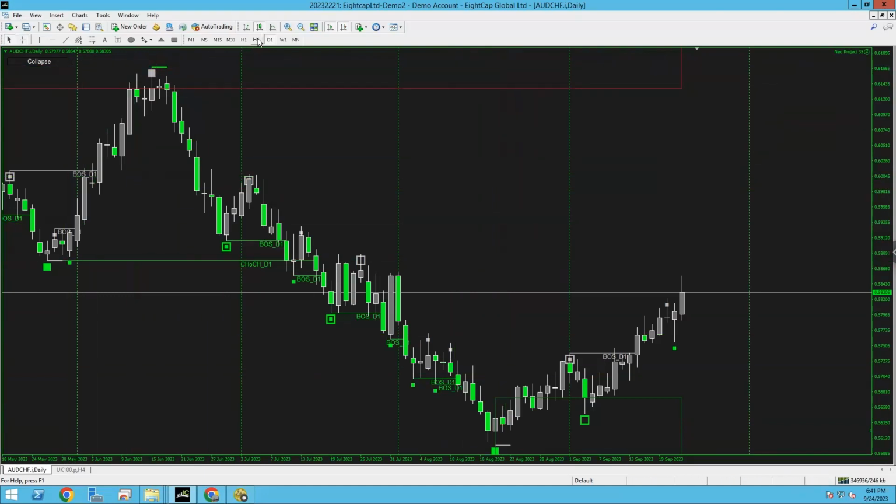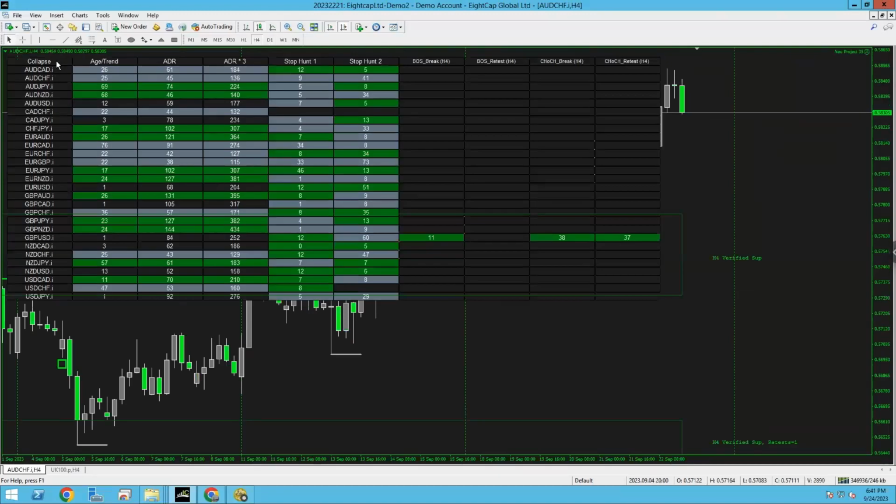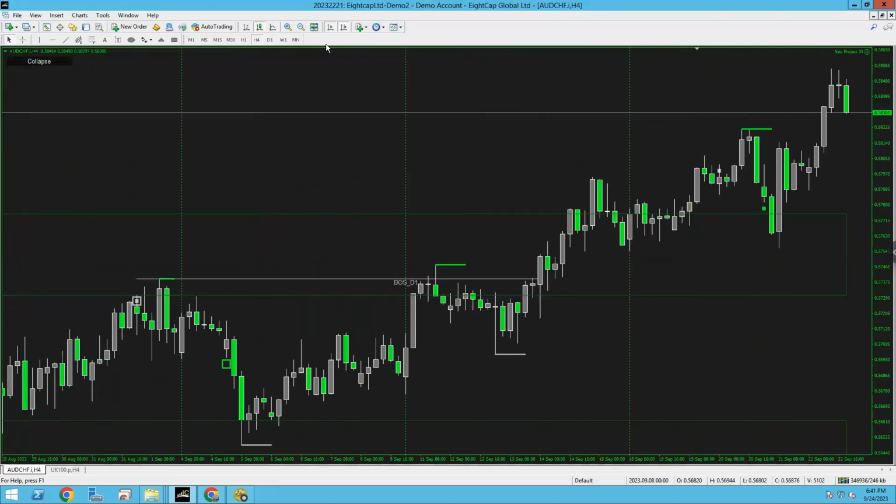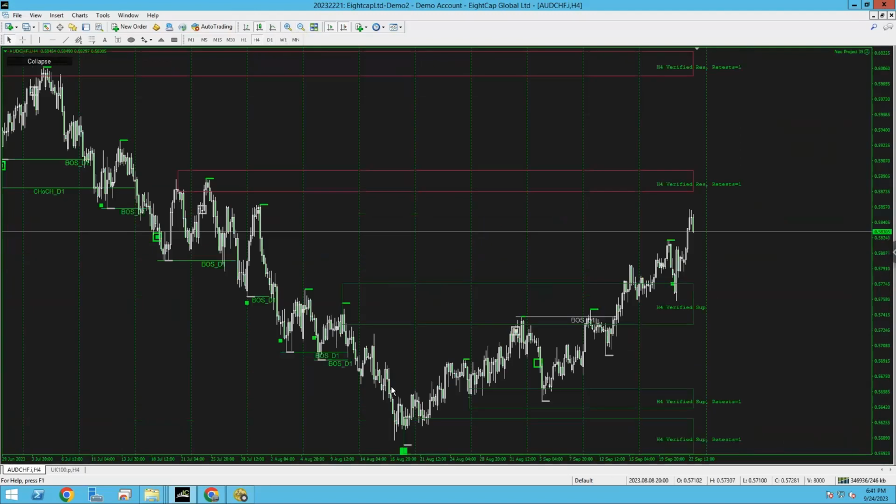All right, cool. So we're going to go back to the strategy. I just want to make sure I'm saying everything very, very clear, so no one can say I've missed anything. Now, when we're looking at this, this is a simpler strategy too. Age and trend, bullish. Daily break of structure right over here, which is great because we weren't entering the trade until this level here before was a verified resistance, just like this. It was red. So all we're waiting for is price action to break through this area, and then this will turn into something called a turncoat.